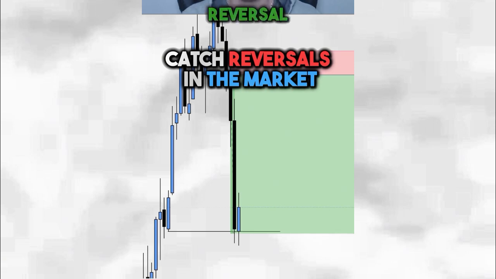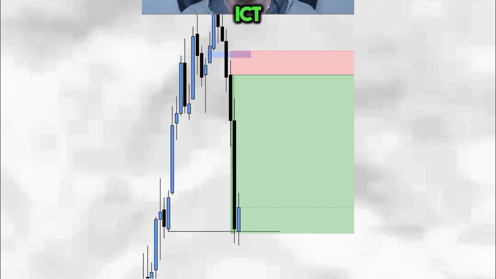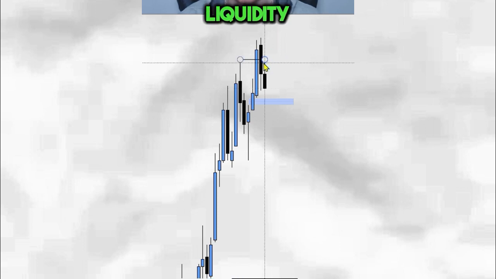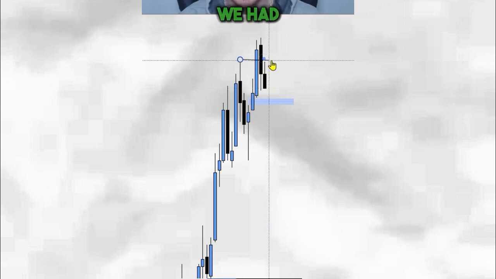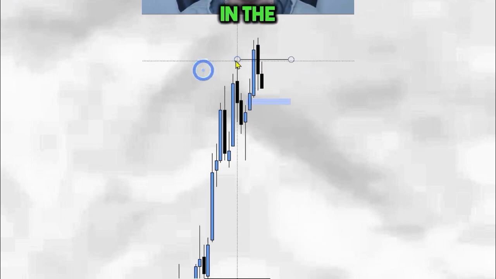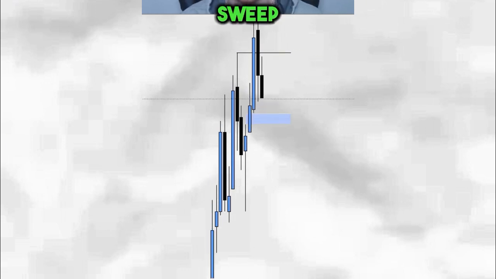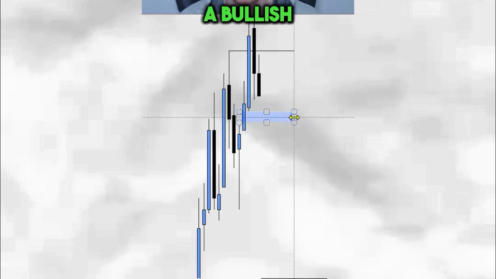Catch any single reversal in the market simply by using this easy ICT day trading strategy. You don't need to overcomplicate your ICT day trading strategy. All you need to do is wait for a buy side liquidity sweep. As you can see right here, we had this buy side liquidity resting in the market and we then swept it. Now, as well as this buy side liquidity sweep, we have also created a bullish fair value gap in